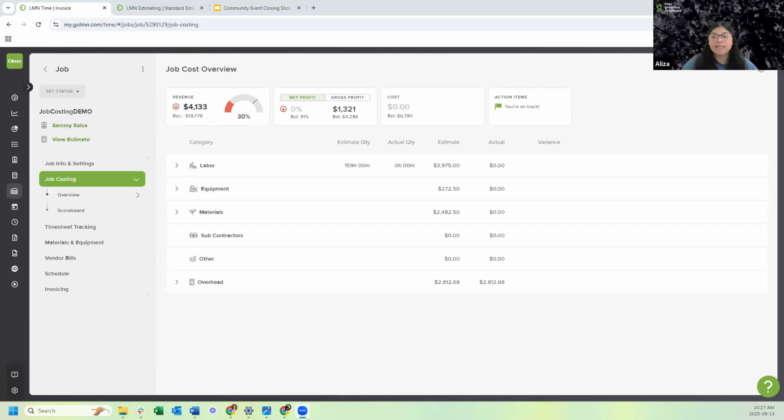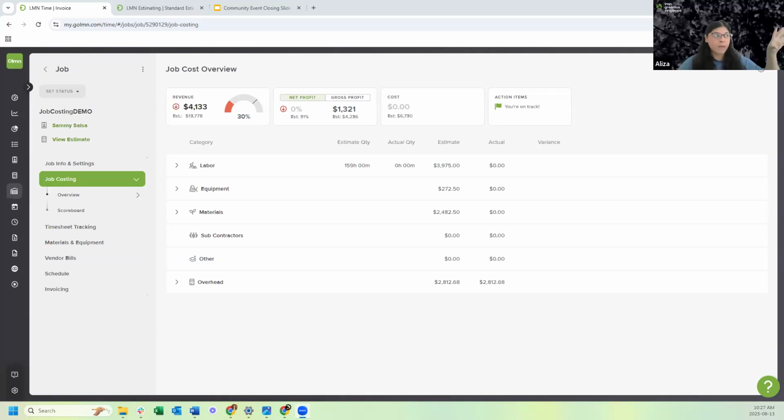All right. So now let's move on, guys, to the second trigger, which is timesheets. And I think this is one of the most important triggers. This is where you're actually going to start to track how much labor, equipment, materials, and so on are used through timesheets. So when your crews go in to create a timesheet, right? Whether it's through the Crew app, it should be through the Crew app, or if you do it through Element Admin, not the case most times. But when you're creating those timesheets, in those timesheets, you track your equipment, your labor, your materials, and then that